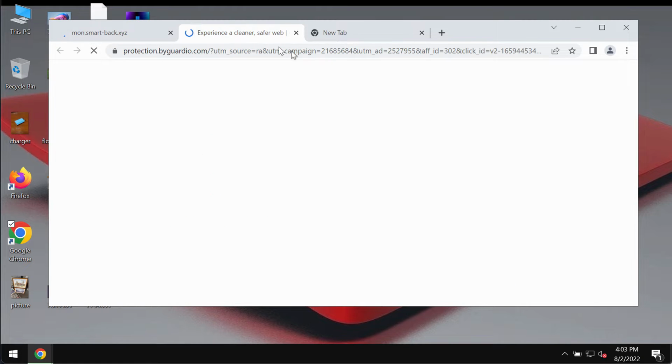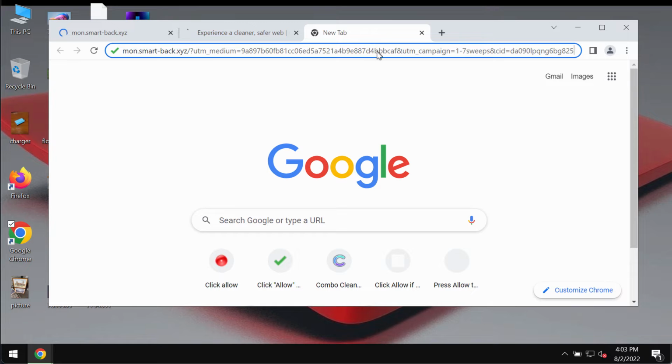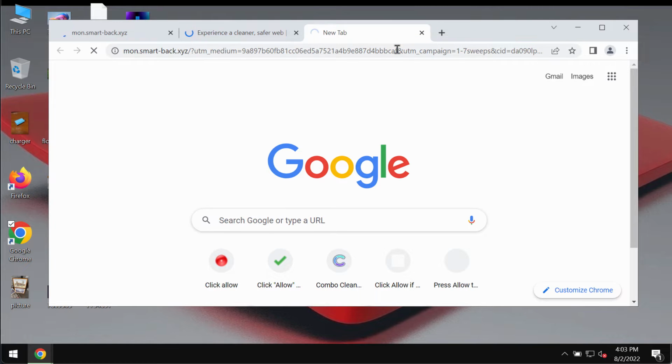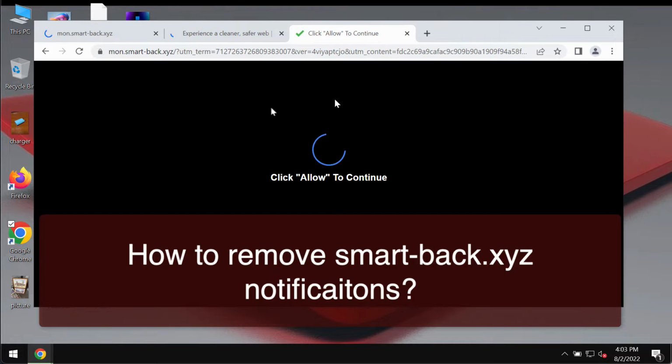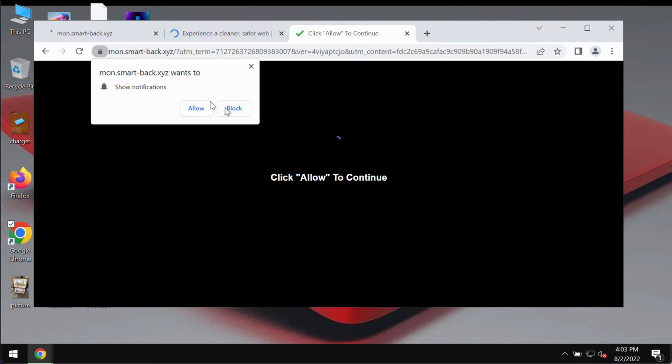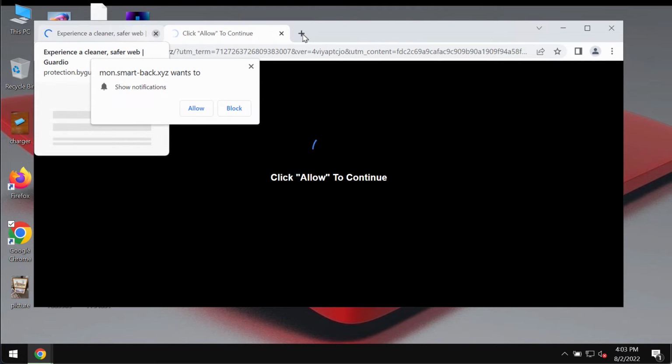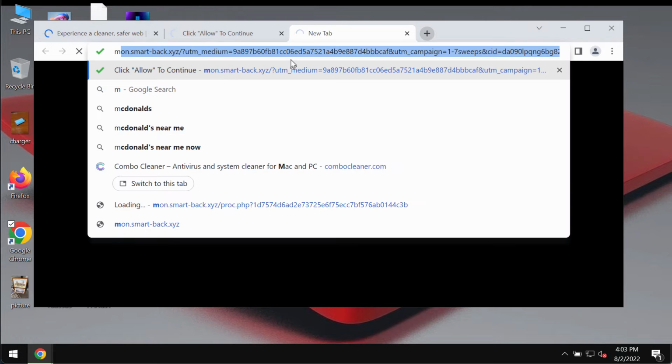My video guide is about getting rid of the pop-up windows that come from the site Smart-back.xyz. Smart-back.xyz is a deceptive pop-up that on one hand tries to redirect you to some other junk resources in the internet. On the other hand, this pop-up is also malicious because it tries to force you into clicking on the